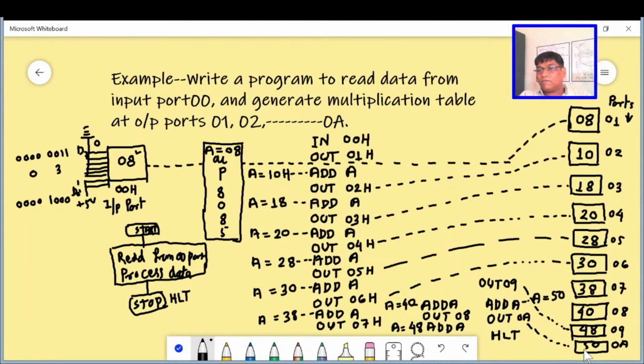Now this 50 is nothing but, because what we have written is a table of 8, the last value will be 80. 16 into 5 is 80. So these are hexadecimal numbers. In this way we can complete the programs. So this is the complete thinking process for completion of any program. This may be noted, and then we will switch to some other problems from our standard book.